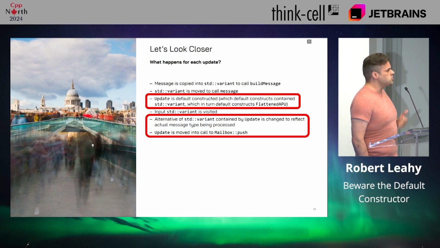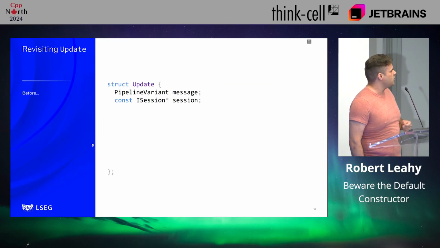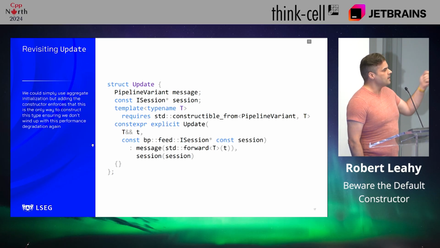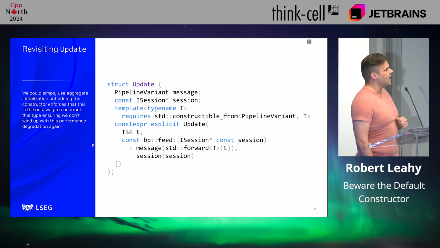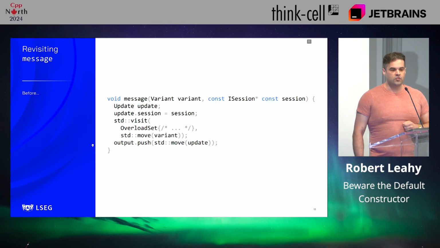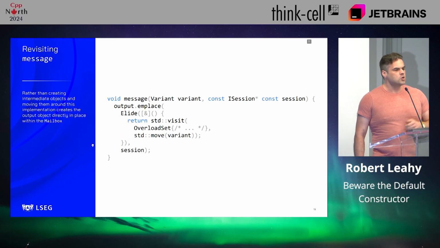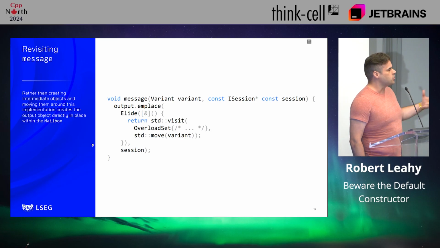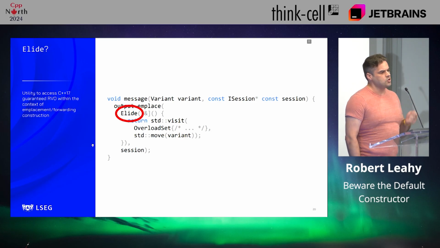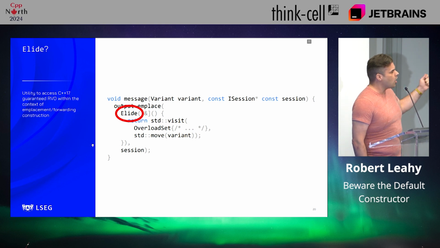The first thing we're going to do is just get rid of that needless two-phase initialization by restructuring this type, not just to allow people to not two-phase init it, but to require it. Require them to initialize it by passing the things they actually want stored therein. Of course, this makes my implementation of message no longer compile, so I need to refactor it to eliminate those other 2 operations. So I'm going to switch to using emplacement construction into my container, and then I'm going to go ahead and use elide to take advantage of C++17 guaranteed RVO to make sure there are no copies or